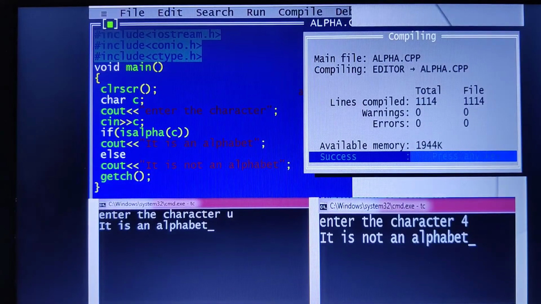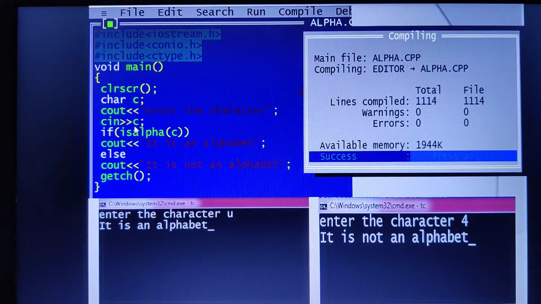The first one is isalpha. What is it? It returns true if the entered character is an alphabet, and it returns false if the entered character is not an alphabet. Now look at this. In our main program the comment section is optional, so I've skipped it. The linker section I've included. Then the main function, char c. I have declared a variable known as c of data type character. cout, I'm asking the user to enter the character. So cin >> c. Suppose the user enters Z, that Z value will be stored in the variable c.